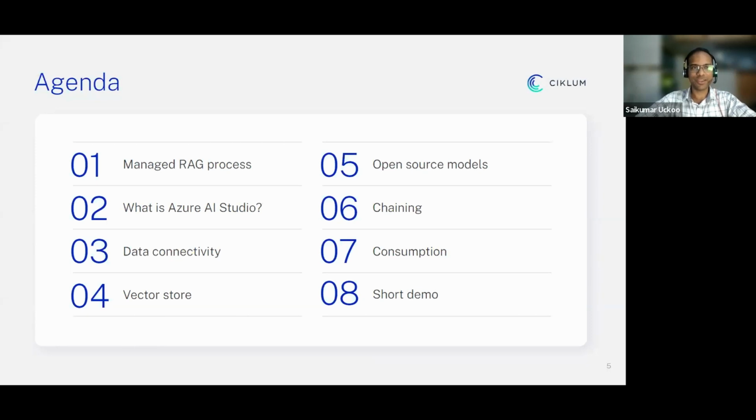And so today's agenda will be specifically on Azure AI Studio, the new tool which Microsoft has released recently. We'll go through these eight odd topics that we have here, and we'll try to do a comparison of how Azure AI Studio will fare against a code way of building your RAG applications. Generally, the frameworks you would use for RAG are written in Python